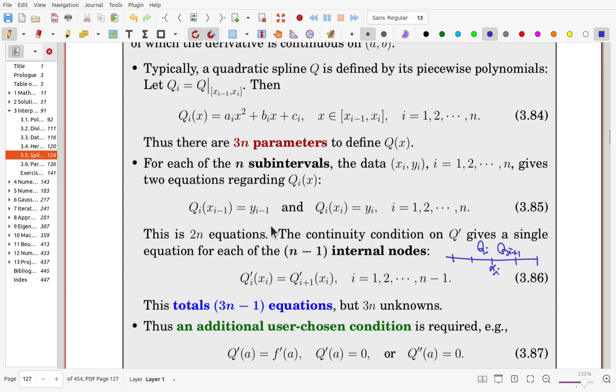So here we have 2n equations and n minus 1 interior equations, so a total of 3n minus 1